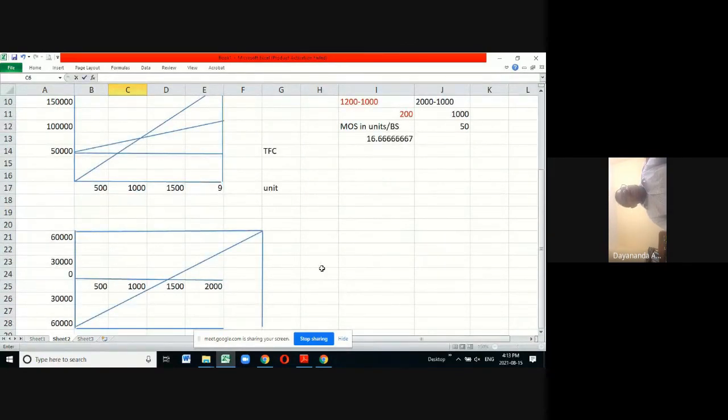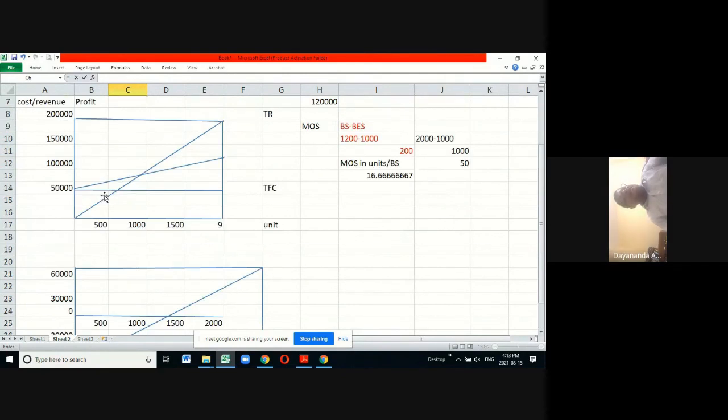Now, if you look at this particular example, our fixed cost was 60,000. Can you remember our example? It is 60,000 at zero level, because your rent cost, whether you open the shop or not, you have to pay the rent per month, 60,000. And when you made 500 sales units, your fixed cost is 60,000. Agreed? 60,000.